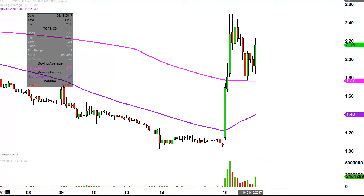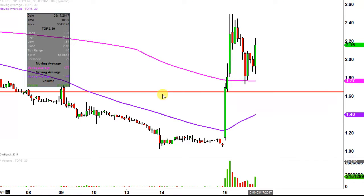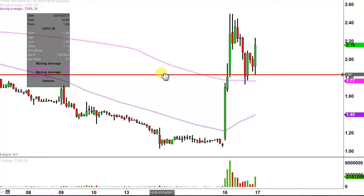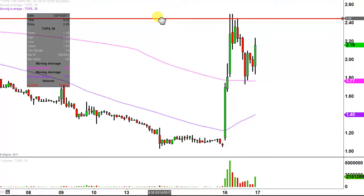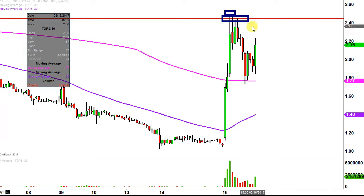Now, what about levels of resistance? If this upwards move is going to continue, where are some of these battlegrounds at? As far as I'm concerned, I'm just going to talk about one level of resistance, and I'll explain that in a second. But key level of resistance is just right up here around the $2.45 mark. I realize the price did technically go a little bit above it, but on a couple of occasions didn't quite get up that high. So I'm just going to try to find the common ground up there and call it